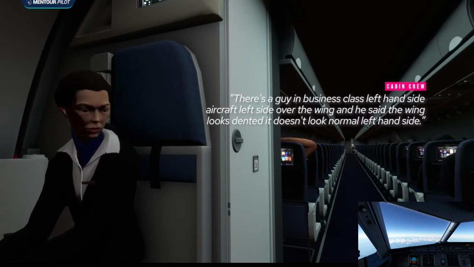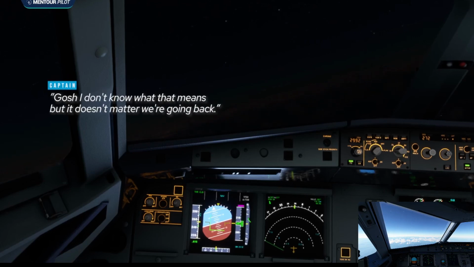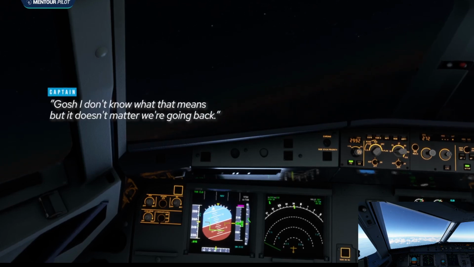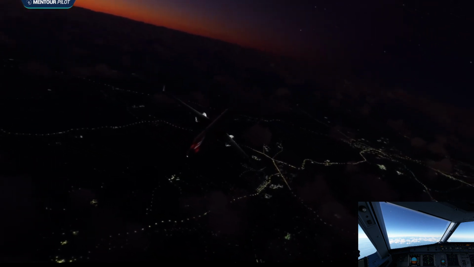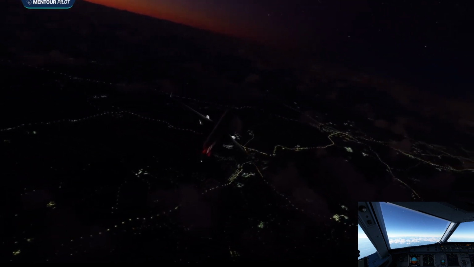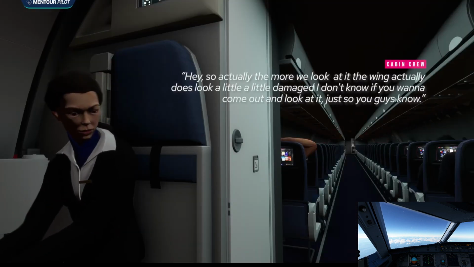It looks like it's dented. The captain responds that he doesn't really understand what that means, but it doesn't matter because they're returning back to JFK anyway. And he then briefs the cabin crew about the return. The cabin crew member acknowledges this and hangs up the interphone, but about 6 minutes later she comes back and